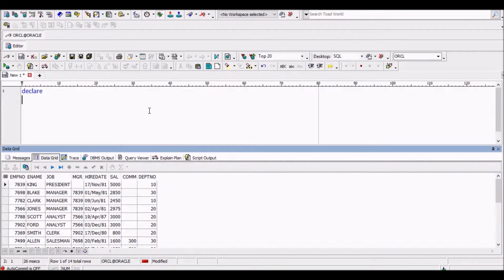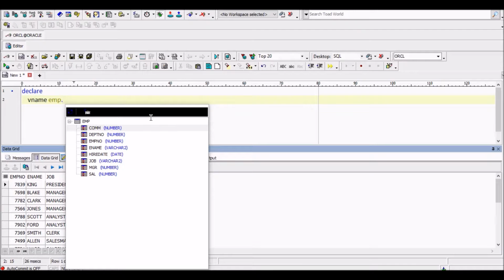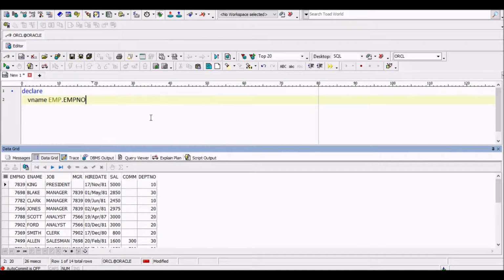I am using the declaration section over here. v_name, this is a variable, EMP dot, so I am using the EMP table with the ENAME column name. Now I am using %TYPE.